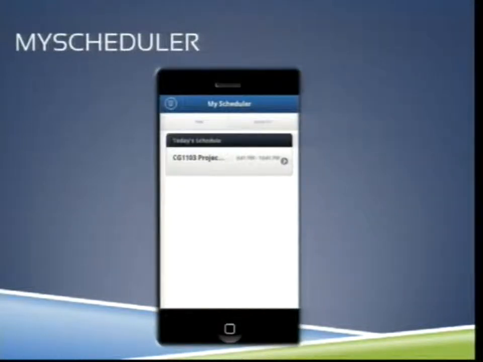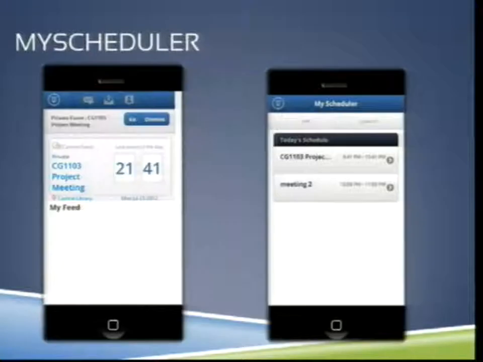So this is what we have done. We have put it all together. Our application will automatically generate your timetable from IVLE, and you don't need to do anything, it's automatic. And you also can add your own events. On the homepage, once you've added events, we'll show your next event, and show you the time and the location. You can also see your whole day's events by going to the next page.